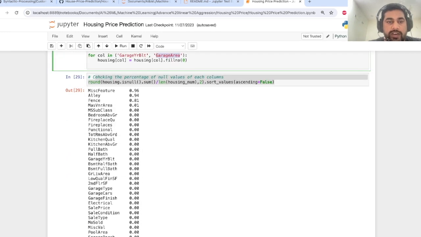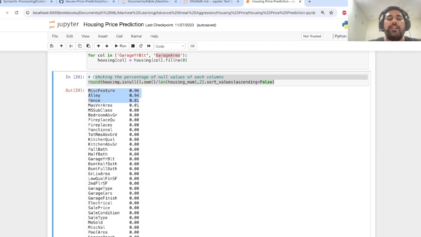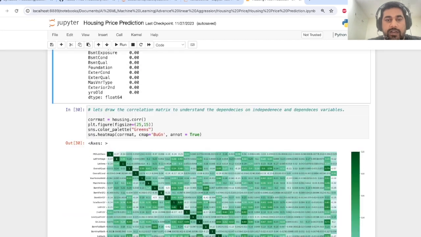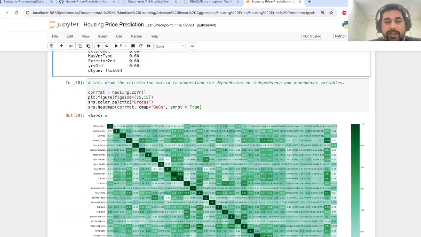So before dropping it, we have to check. If we check here, for features like fence, alley and miscellaneous feature, more than 80% of the data is null. So it's better to drop them because they are not going to add any variance to the data. But let's try to see a correlation matrix to understand